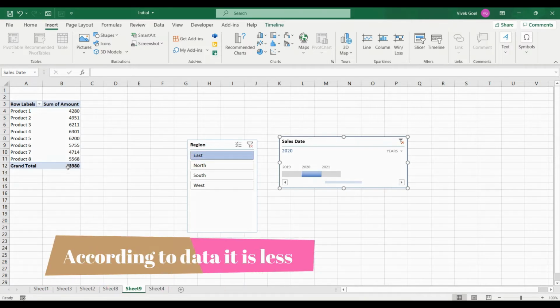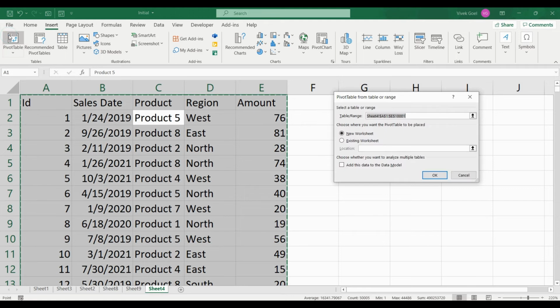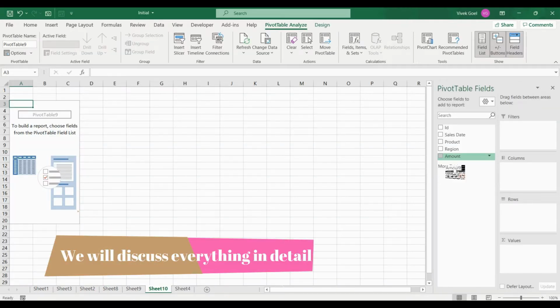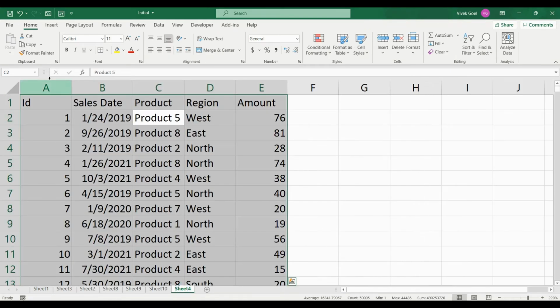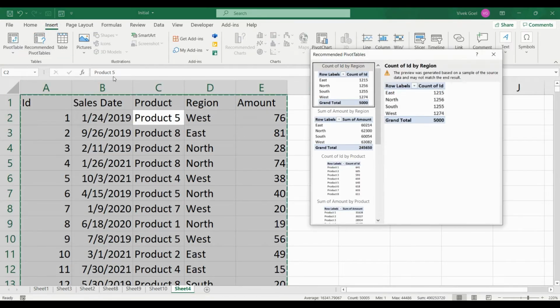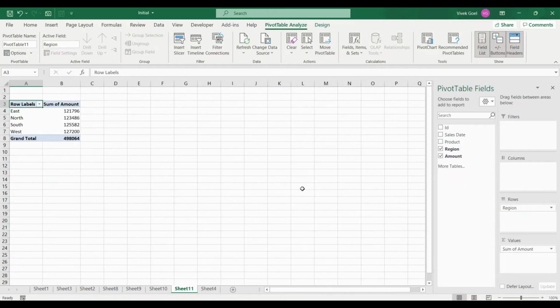So when I click on pivot table, it will expect us to specify the dataset that we want to aggregate and then the location where the pivot table should be created. We will create that on a new sheet and then we can play around to aggregate our values on product or region. In the next option, Excel recommends certain pivot tables by default. I usually prefer creating a blank pivot table and then adding what I want.